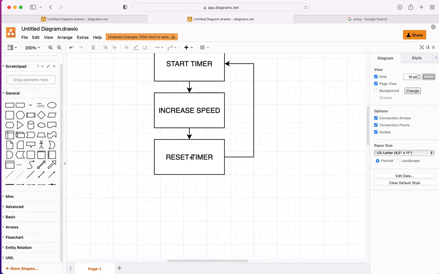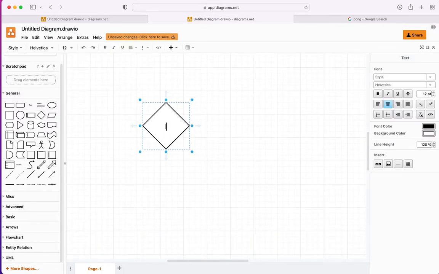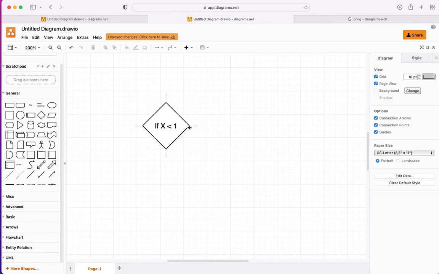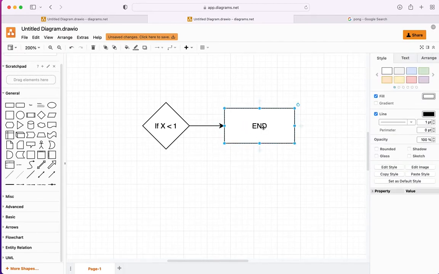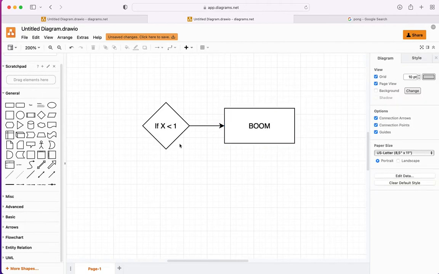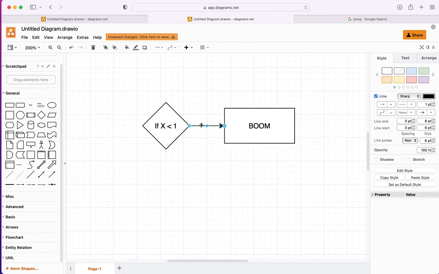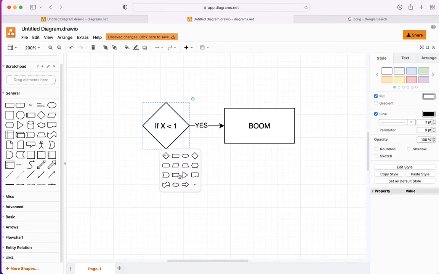Basically, think of it like this. We could do something like, if x is less than 1, we'll have a countdown timer here. If it's less than 1, well, then we'll have end, something like that. The countdown timer goes down to 0, so boom. Because the countdown timer always explodes in a video game, right? So if it is less than 1, then yes. But if it's not,